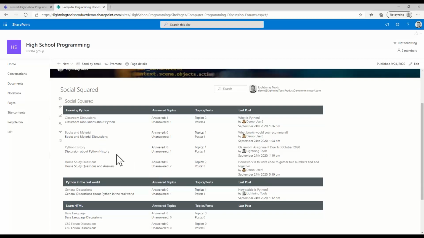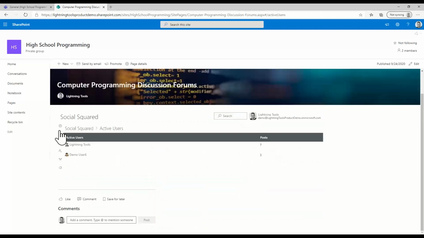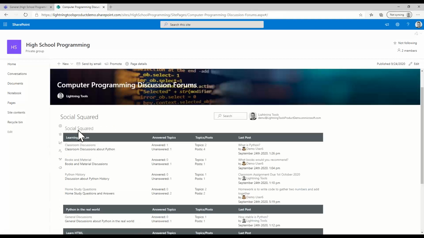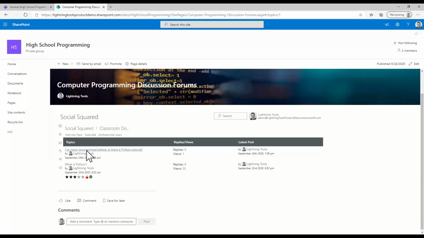Okay, so that will show up there. We've also got the active users, which are showing up, so I can see how many posts each of my students are making. And we'll also see that there's gamification going on as well. So if we select, again, any post, in fact,